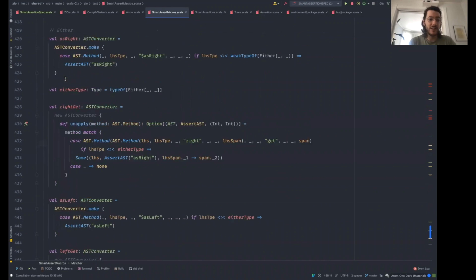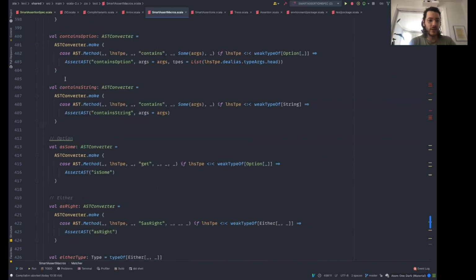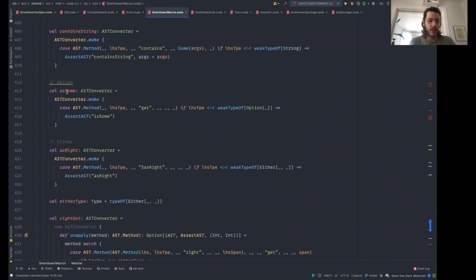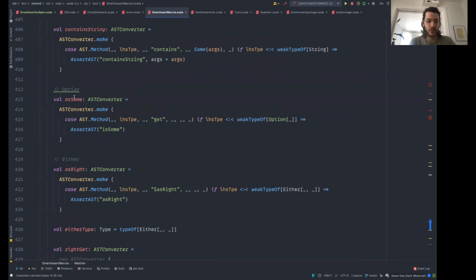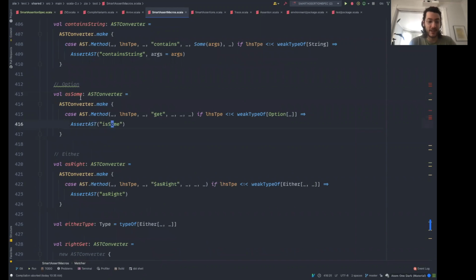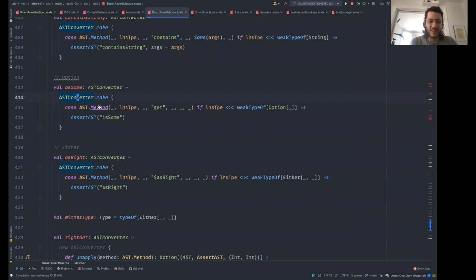And for each of these, there's something else here, so let's take a look at one that we already looked at. So, as sum, right? Or I guess I called it as sum here, where it actually is sum. So I should probably make those the same, and I won't change it now. But this is basically just a pattern matcher. It just makes a partial function, and I pre-parse your syntax into this AST, so that I can make these converters for it, and then tell it basically